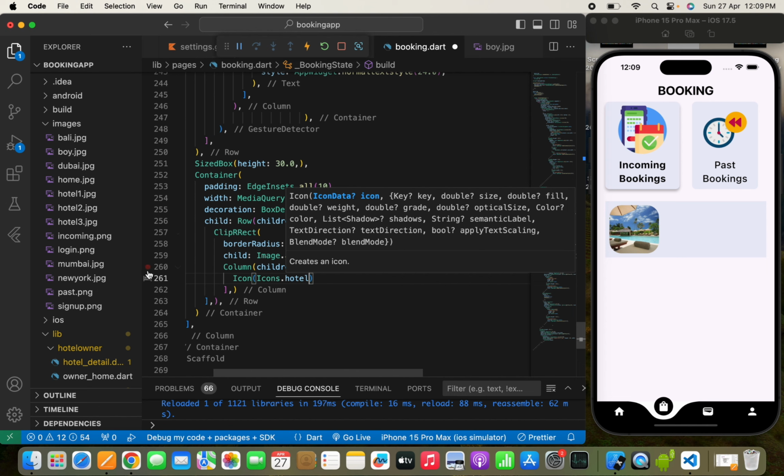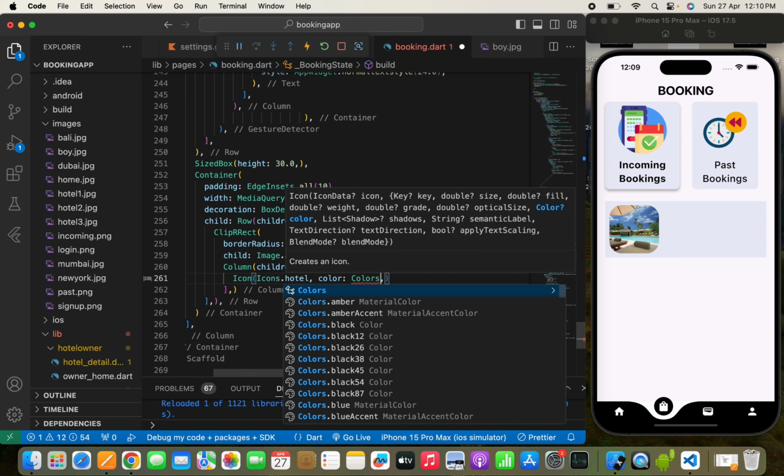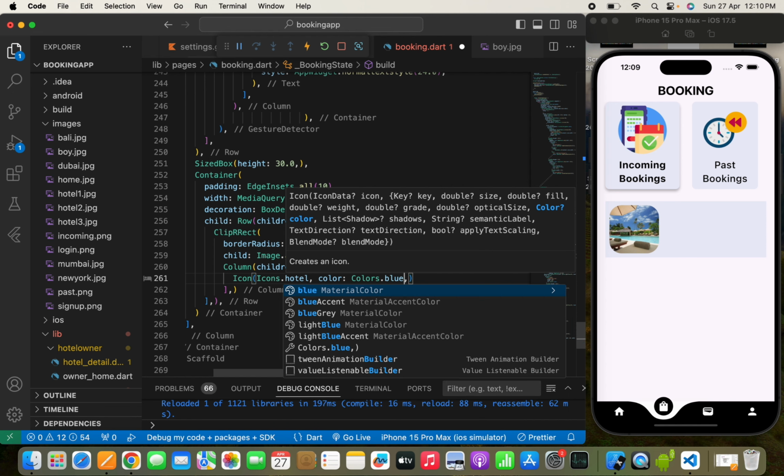Why does it always show a bed icon just to indicate the hotel icon? Flutter should know that a person sleeping on a bed doesn't indicate an icon of a hotel. Yeah, I don't know. So I'll just write color, and we'll write Colors.blue, something like this,